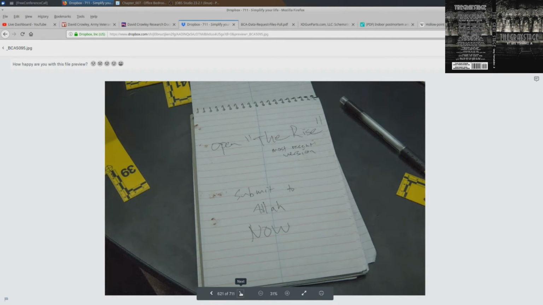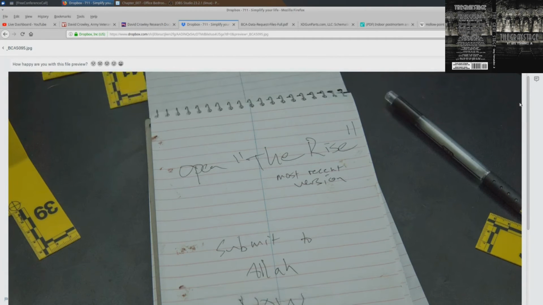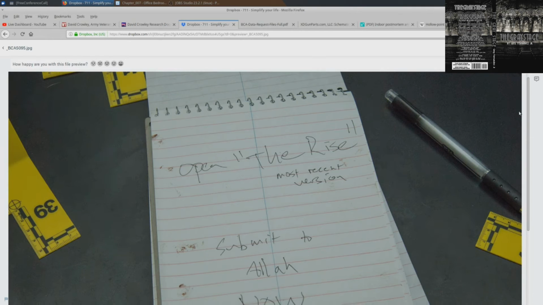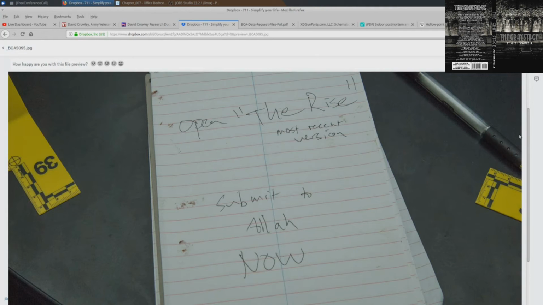Let's see. 5095, right? That's the one. Yeah, it's everywhere. You can clearly see the blood in all these different areas here. Is there blood on the grip of the pen? That's where it should be, really. One would think. I'm using Photo Viewer right now. I believe there is a red tint on it. Yeah, it kind of looks like that.